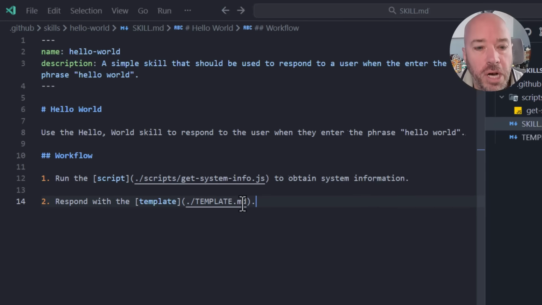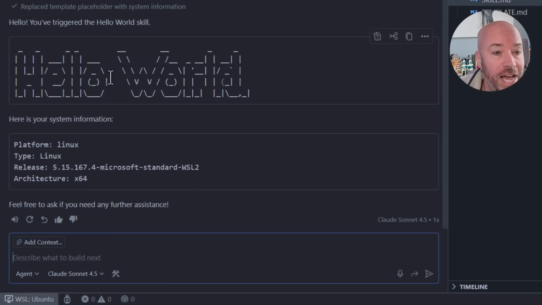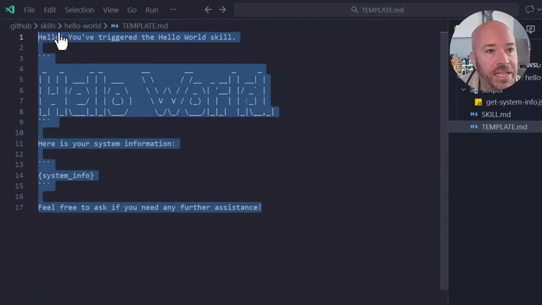All right, here we go. Hello world. And look at that. We get it back in exactly the format that we defined. Hello, you've triggered the hello world skill. Here's the ASCII art. Here's your system information. Please feel free to ask if you need any further assistance, right? The models are really, really good at following the skill and following our template, which is exactly what we've defined